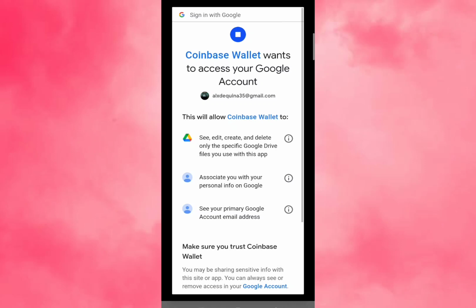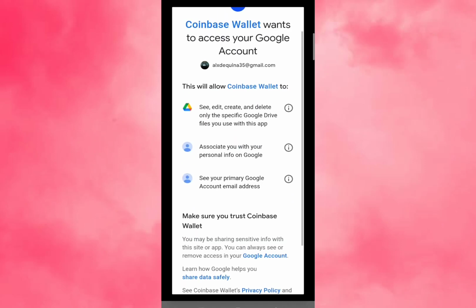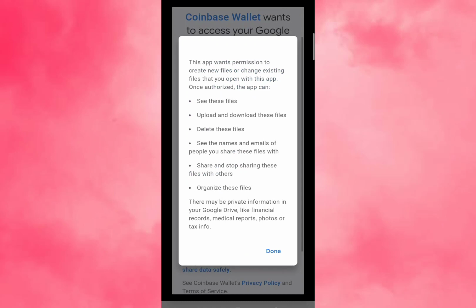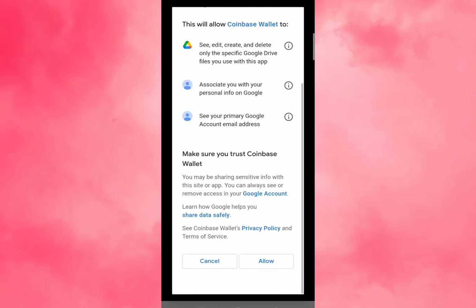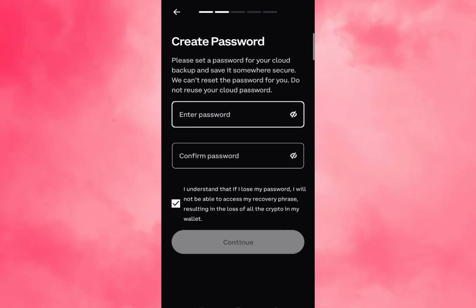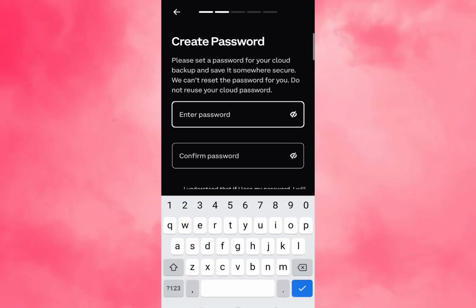So we have here the permissions to back up your Coinbase wallet in your Google Drive. Click on done if you want to check it, and scroll down and click on allow. This would allow the terms and permissions for the Coinbase wallet to back up in your Google Drive. So in here, after backing up, we will be creating a password. In the password here, just type in your password